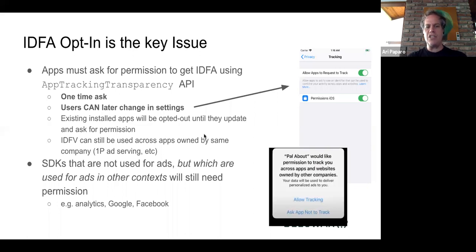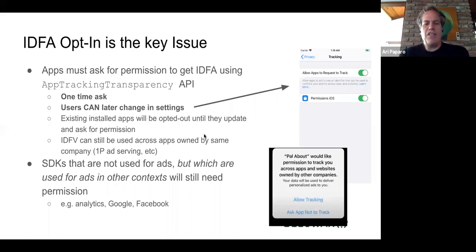the users can opt in later in their settings screen. So there's a dedicated settings screen, as shown on the right side of this page, that the user can go into and opt in or opt out after the first ask. So it is possible that an app could ask, and then a week or two later, if they don't get it, they can say, hey, you're not giving us permission, so navigate to your settings screen and enable us. It's a little bit awkward. It probably will have a low take-up rate, but it is possible to ask.